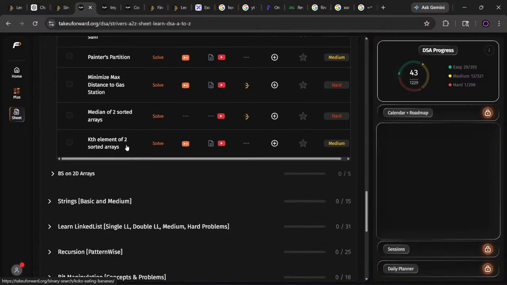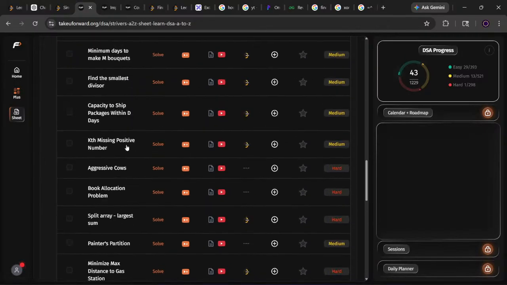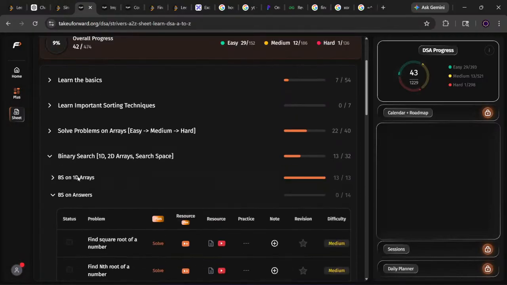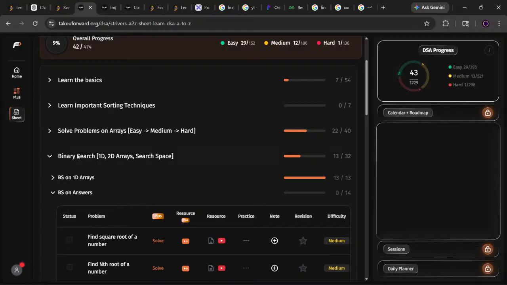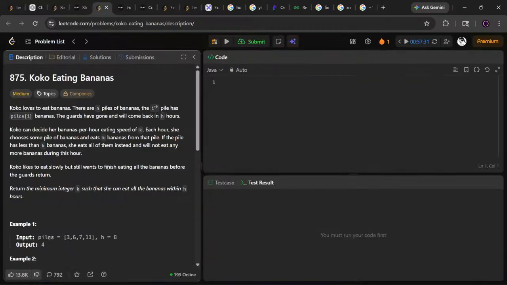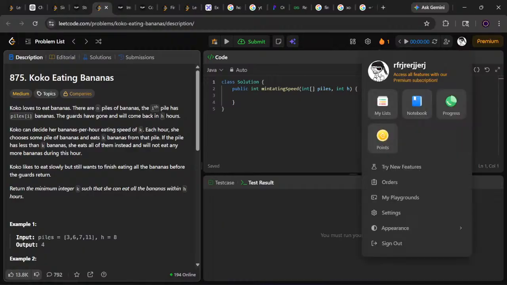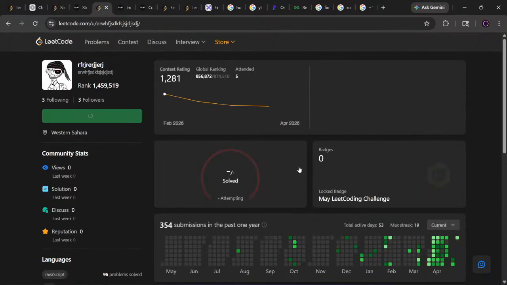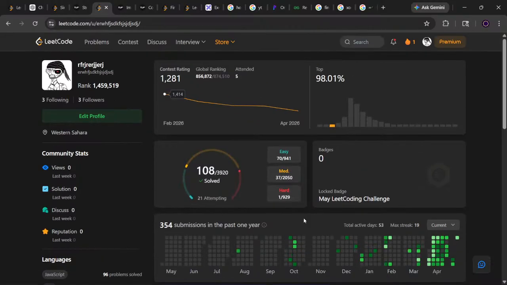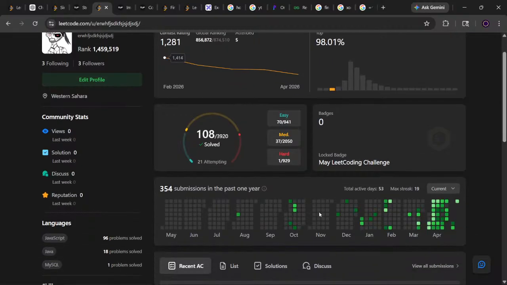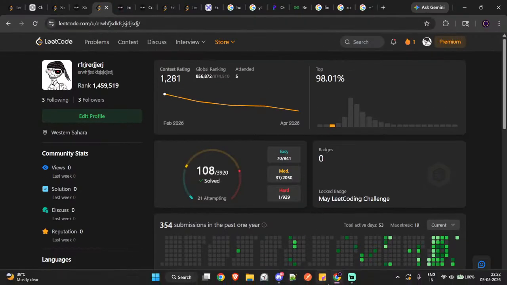Binary search is a hard one. Like, shall I